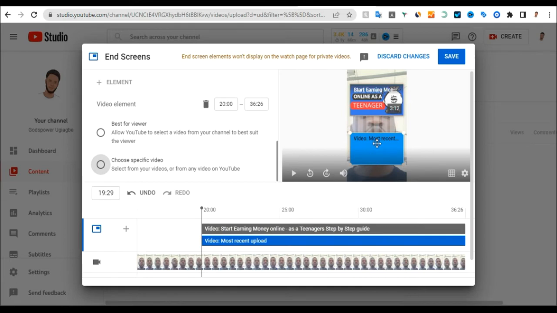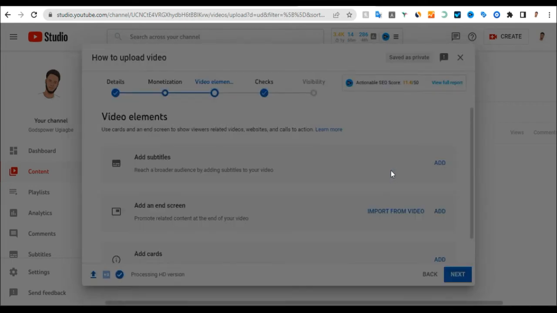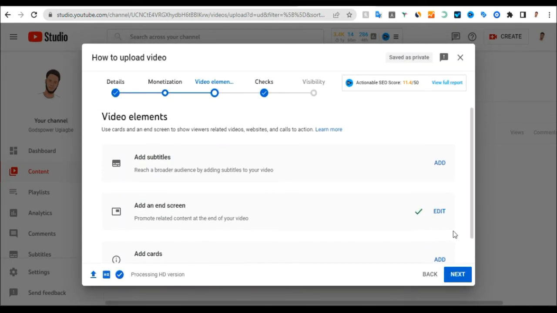But let's say your video is a full screen video, which I think is 1080 by 720. The screen will be big, so you'll be able to add and customize everything just like you want. So let me say we are okay with it. We just click on save. So now that we have added our end screen, that is how you can add an end screen to your video. And if you want to add cards to your video, click on this section